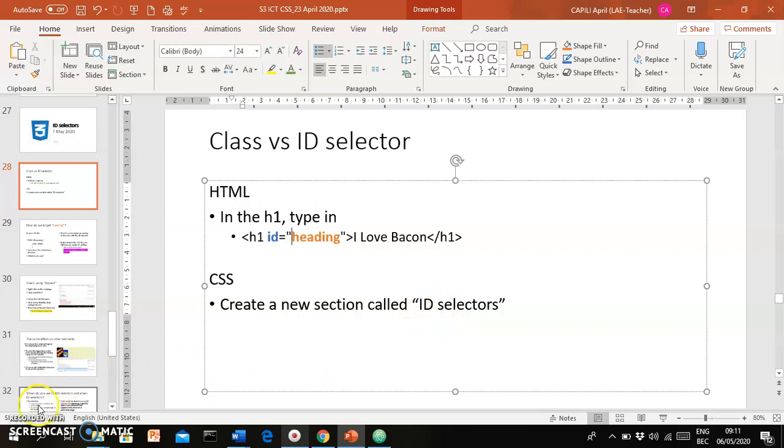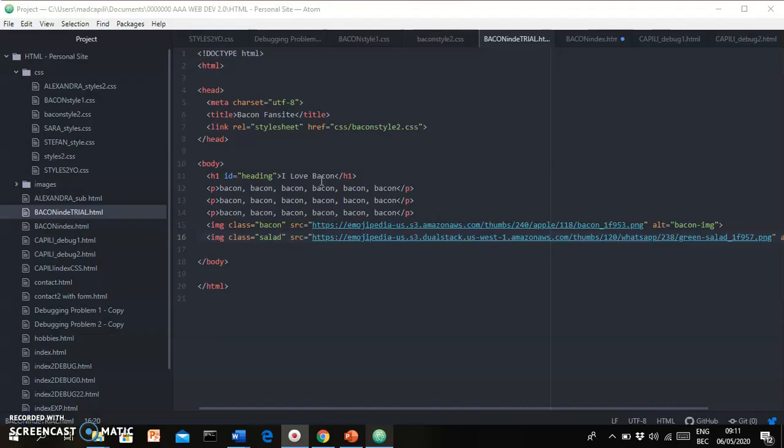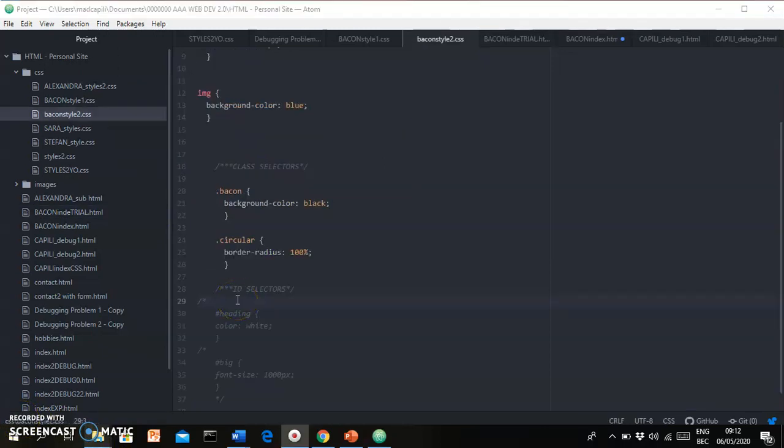So let me show you here in my bacon HTML. This is what I did, like I told you. Within the H1 tag, type in ID and all the rest. Be careful with your spelling. Okay, so then move on to your CSS file. Now here in my CSS file, you can create a section and a divider like this. As you can see, it's just a comment tag. Okay,